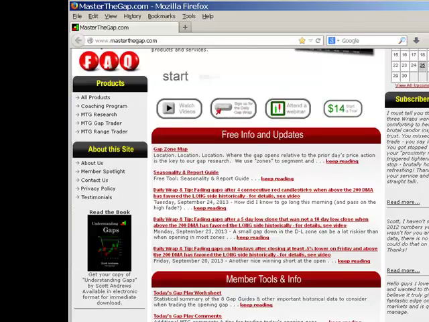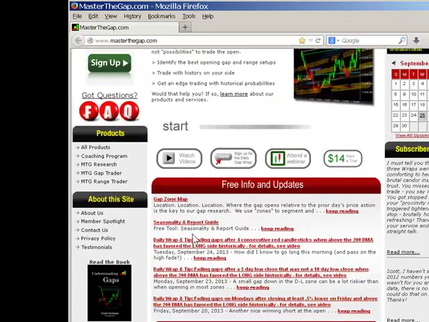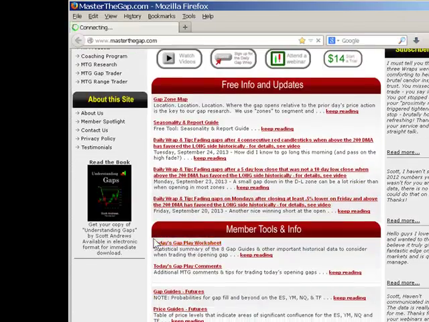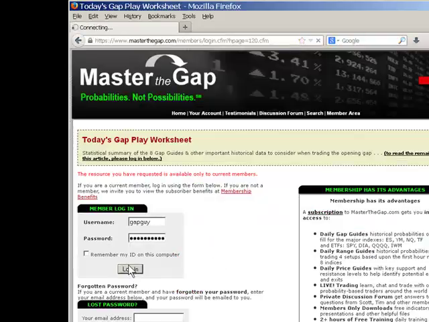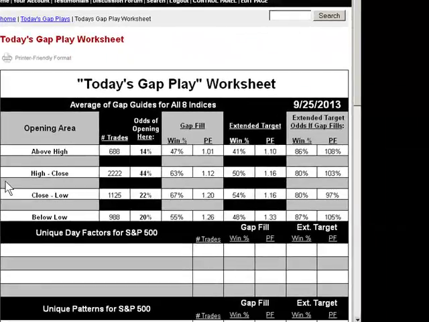All right, going into today, it was sort of a similar scenario to what we have going into tomorrow. Let me show you the worksheet, how it was set up. We ended up with small gaps and mixed directions and zones, and clearly you can see there's a little bit better odds for gapping down than gapping up. Right at a glance, these are the two opening areas above the high and between the high and the close, versus two down opening areas between the close and the low and below the low,